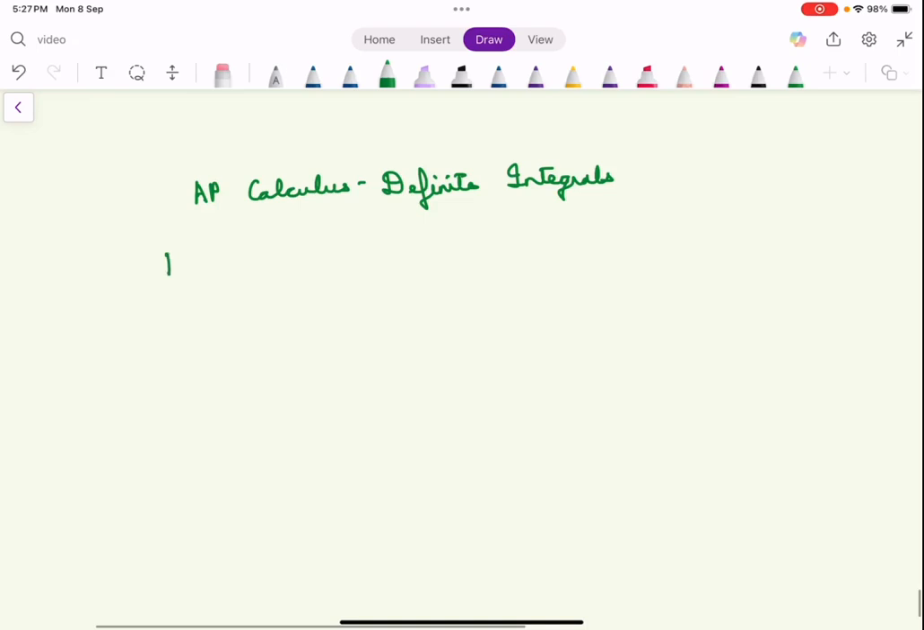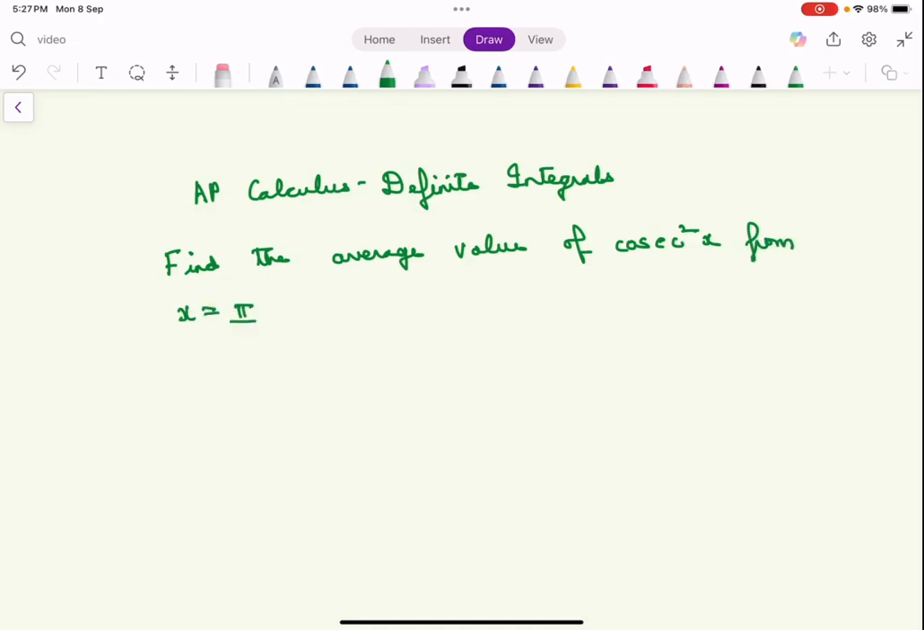So let's start with question 1, and that is find the average value of cosec squared x from x equal to pi by 6 to pi by 4. So the solution goes something like this. The average value